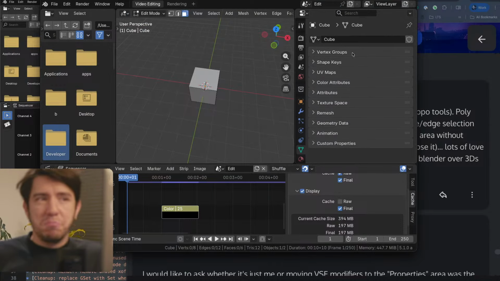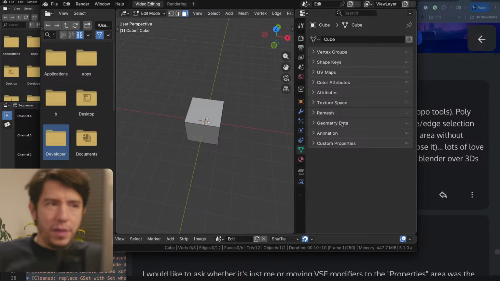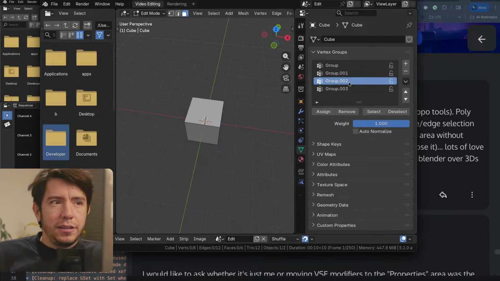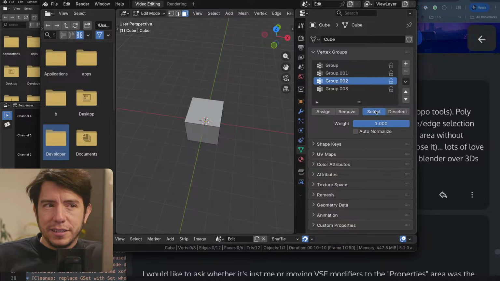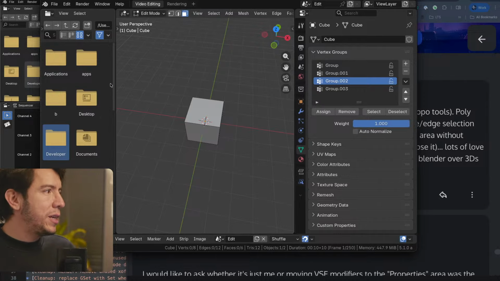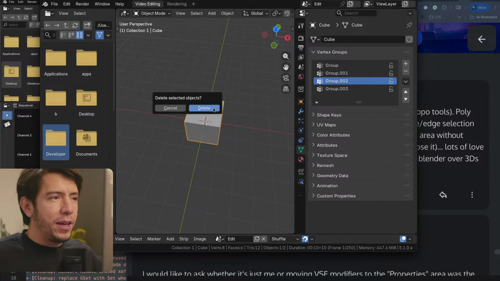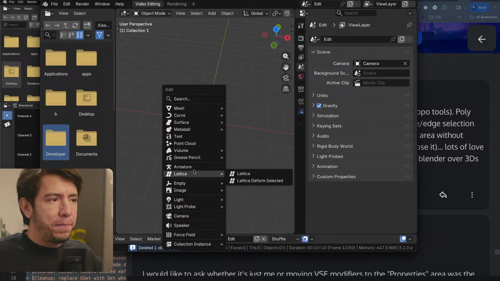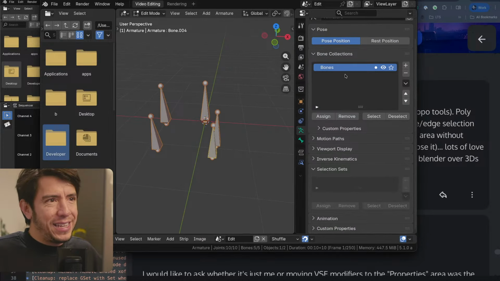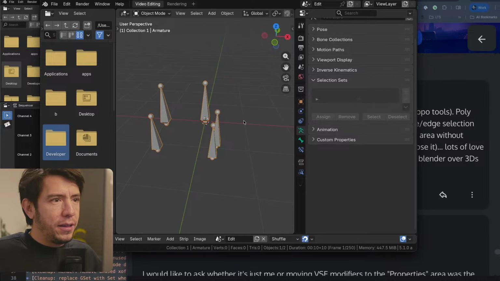I would assume it's somewhere here, like in the mesh data, something that says selections, and it looks like a UI list where you can have the list of your names and then select and deselect? No, makes sense. Bone selections, yeah, bones have selection sets. That's something I mix up. If you have an armature with a bunch of bones, there you go. This is selection set. This is the same thing.